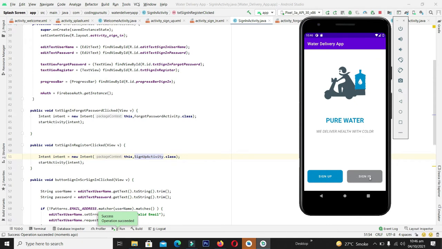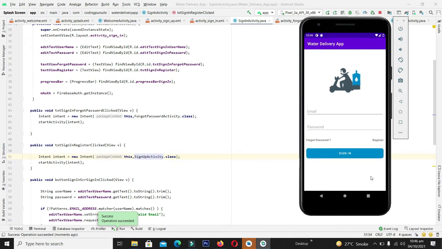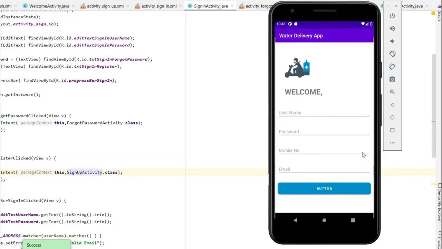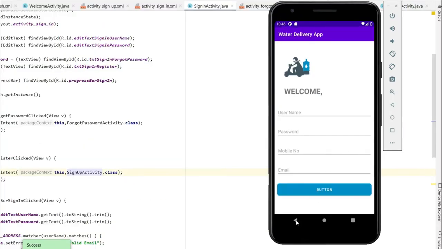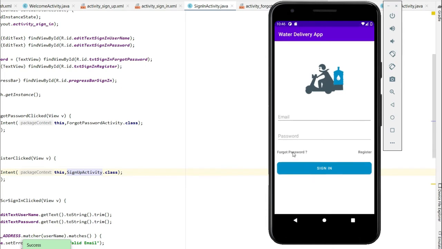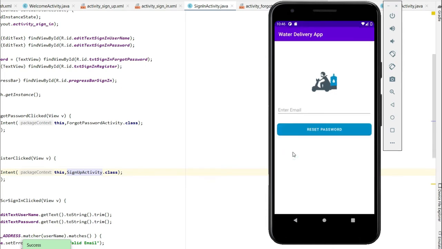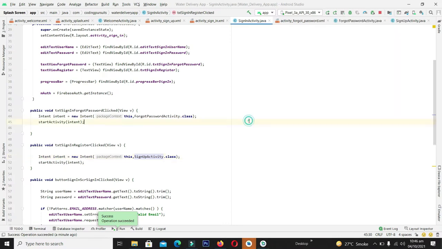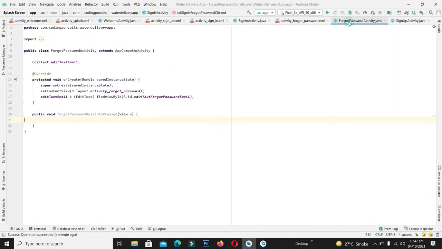So guys, if I'm going on the sign in screen, and from here when I click the register button, I will go on the register or sign up screen. And in the same way, when I'm going to click on the forgot password, which is the purpose of this video, I am navigated to the forgot password activity screen. So now let's add the functionality on our forgot activity.java file,